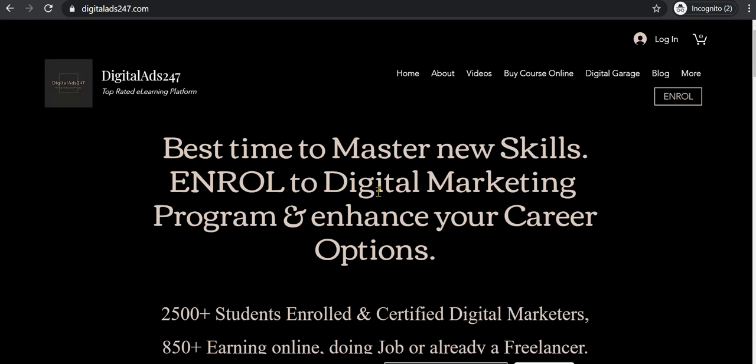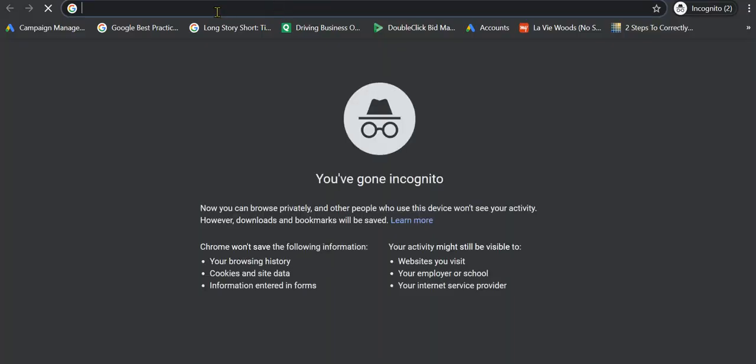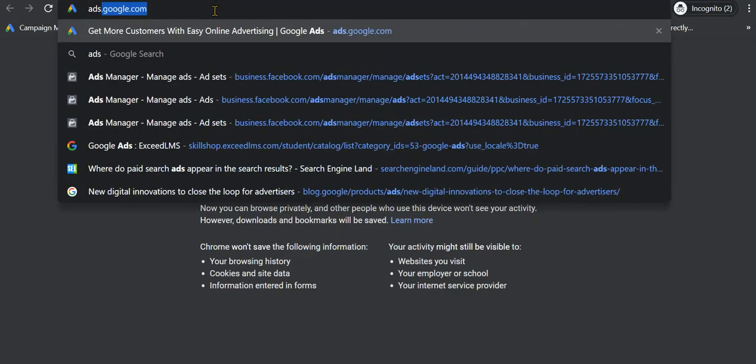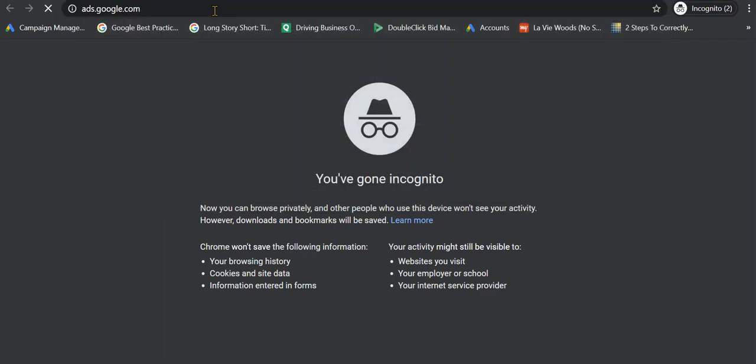So guys, in the last video, you have seen how to create and run an effective Google Ads campaign, and the steps to create your first effective Google Ads campaign, that is a traffic campaign, click to website campaign, or display campaign. If you've not done that, please visit and review that video first. If you have done that, then only you'll be able to create a remarketing tag. So the first is you have to create an AdWords campaign. Number two, create the account. And number three, create the advertising tag. So let's log into the advertising campaign.